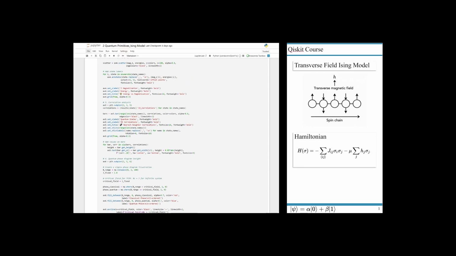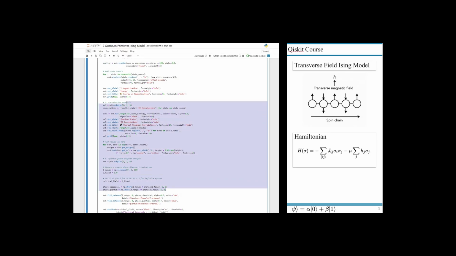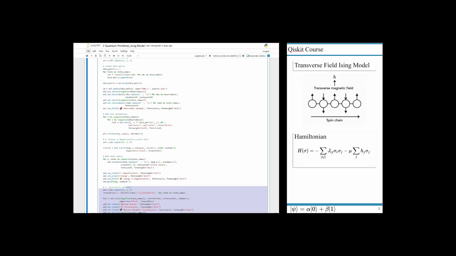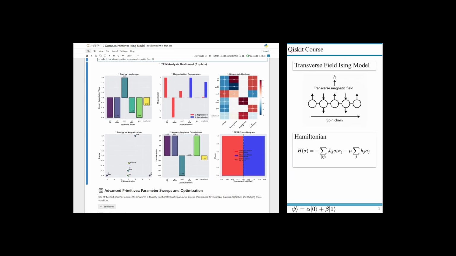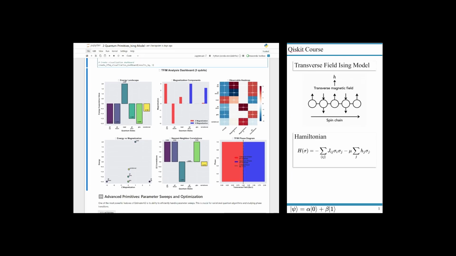This block of code is mainly not Qiskit related. It is mainly just functions to plot. So you can observe here that at the end you can check details, but you're going to have the magnetization components, the energy landscapes, the observable heat maps, and the details summarized in tables. You can check here depending on your results, and if you want, you can play with the constants of the coupling strength and the magnetization, the transverse magnetic field constants, and see how these values are